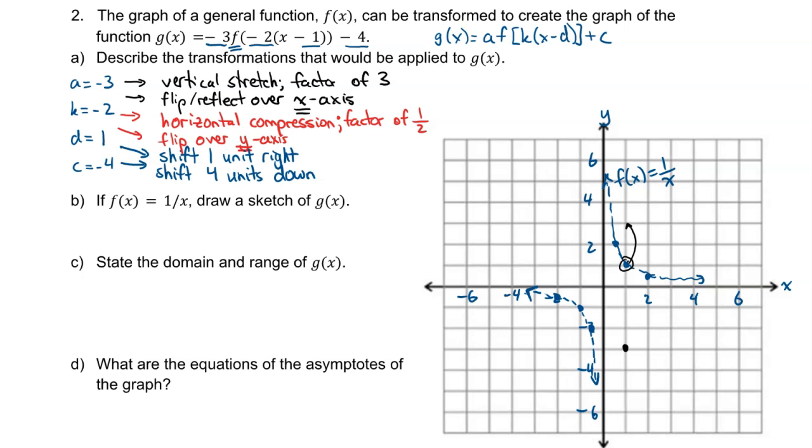So it's going to go up to 3, and then flip it over the x-axis down to negative 3. So there we go. That point transforms down to negative 3. And then when I look at the next point over, which is going to be at 1/2, that becomes 3 over 2, or 1.5, and then flips over the x-axis down to negative 1.5. The point at 1/4 and 2 then goes up to 6, and then flips all the way down to negative